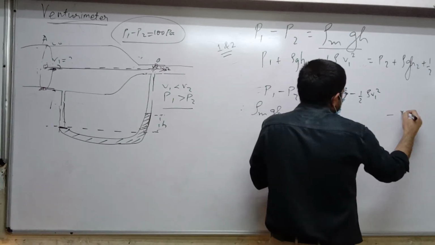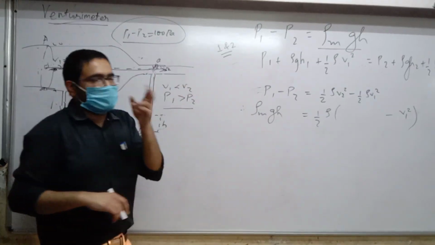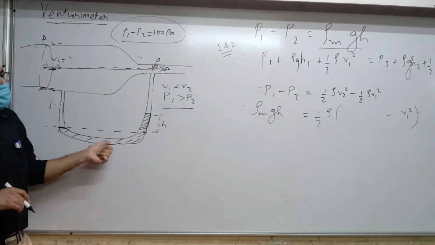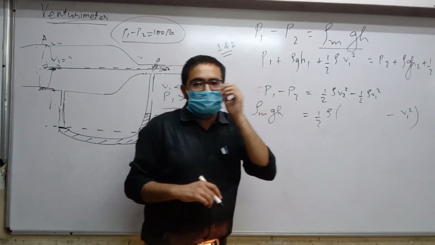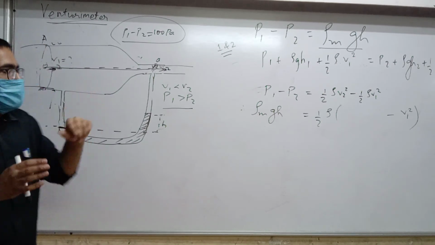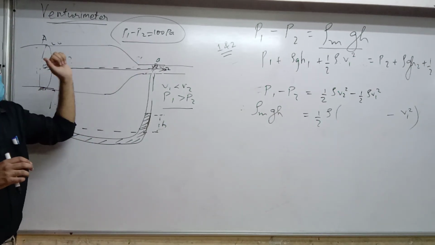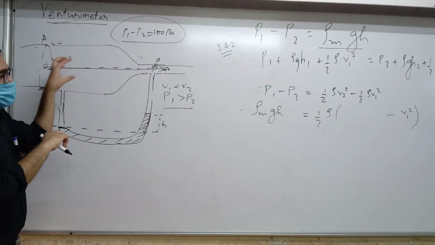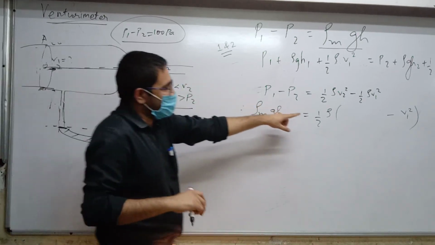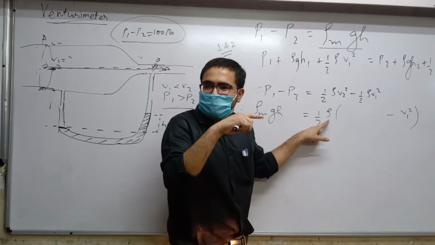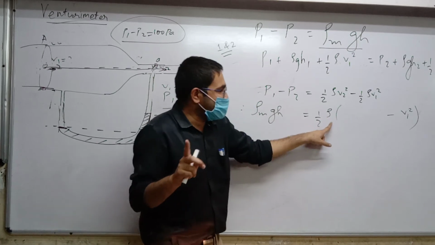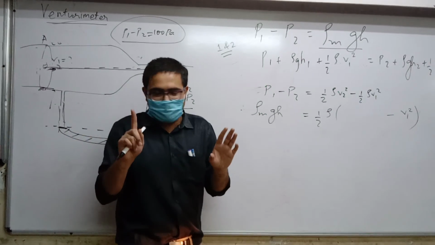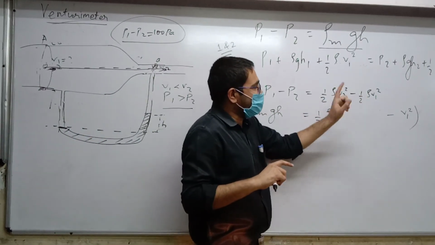Now before I start putting values, there are 2 things that I want to remark. Number 1, this rho is rho m, that is density of mercury, but this rho is something else. You see why it's different? Suppose you are measuring speed of fluid in, let's say, a blood vessel. So here blood flows. So when we write the density for this one, it should be the density of blood flow, not mercury. So is this density same as this density? No.